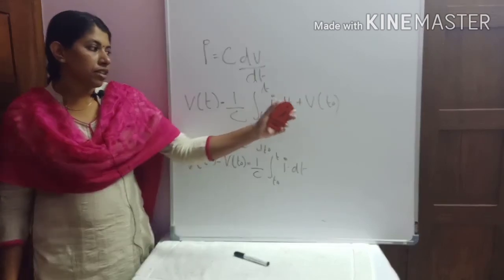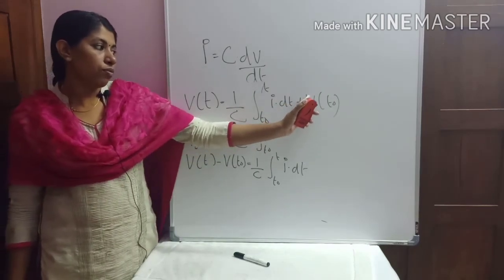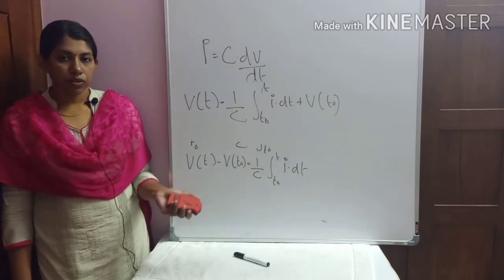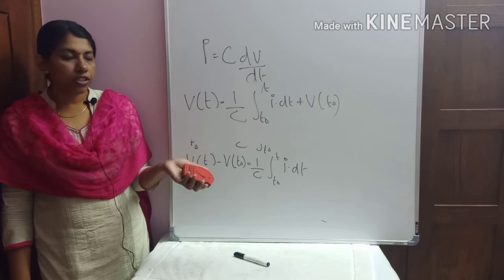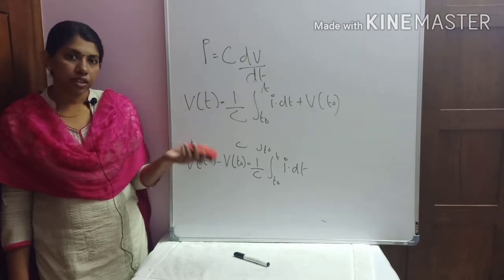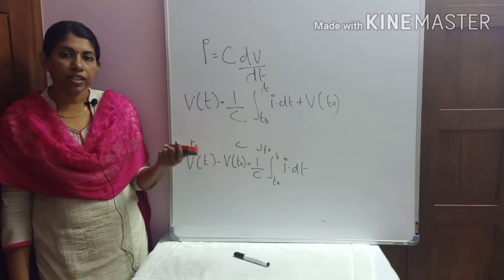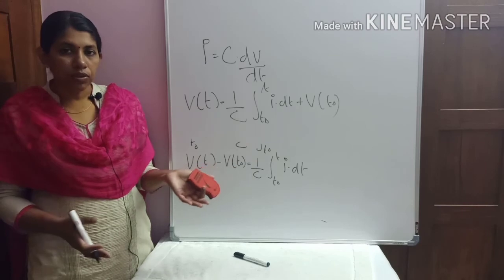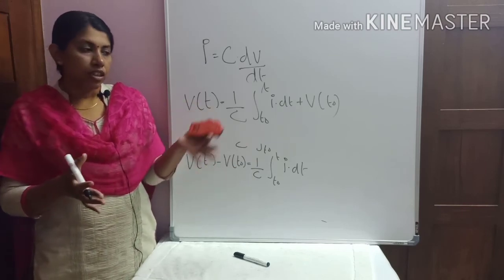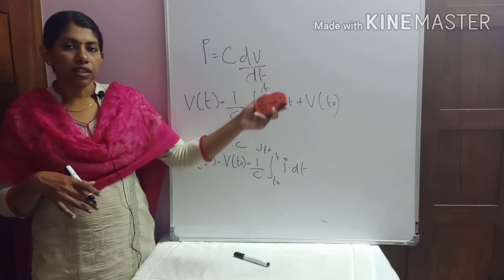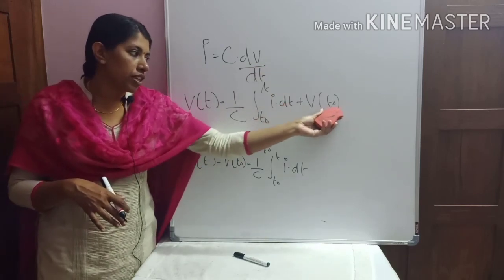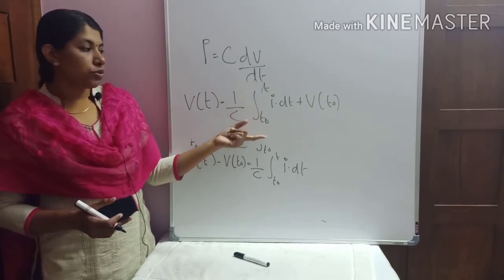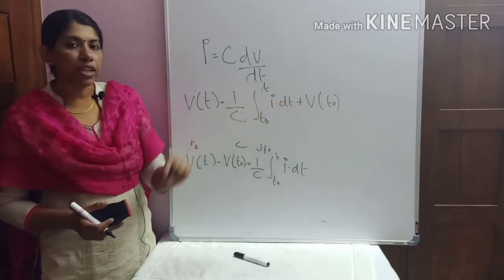Like an inductor, the capacitor depends on the previous voltage. Imagine you have connected the capacitor across a circuit and it has charged up to a certain voltage. If the battery supply voltage is 12 volt, the capacitor will charge up to 12 volt. Then we disconnect the circuit, and the charge will be stored inside the capacitor. Now if you connect it to another circuit, it will start discharging. So this factor, V of t0, also has to be considered. This equation is very important from the analysis point of view, so you should keep this factor in your mind.